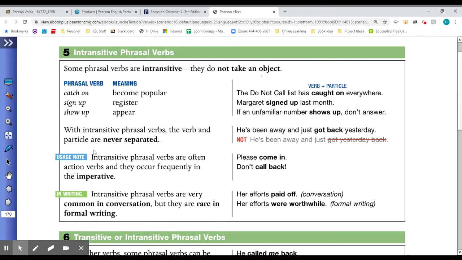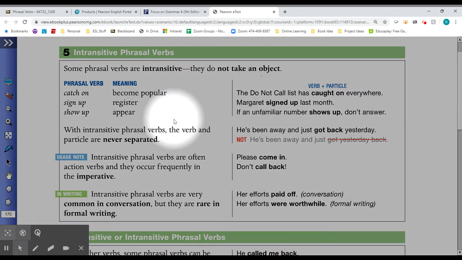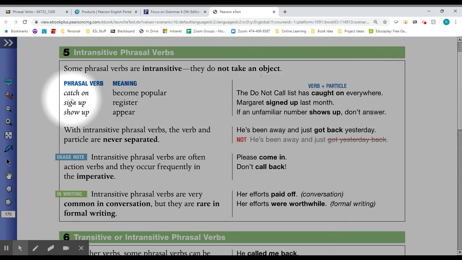Here's some more information on intransitive phrasal verbs. Again, intransitive means that the verb does not take an object. So for example, if something will catch on, it becomes popular. To sign up means to register. To show up means to appear. In these cases, we do not need to have an object after the verb.